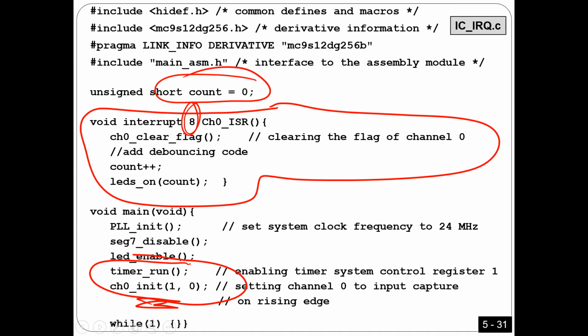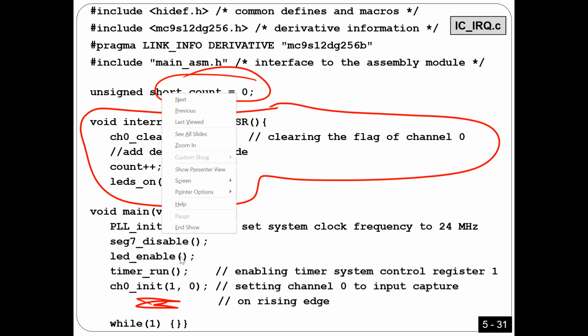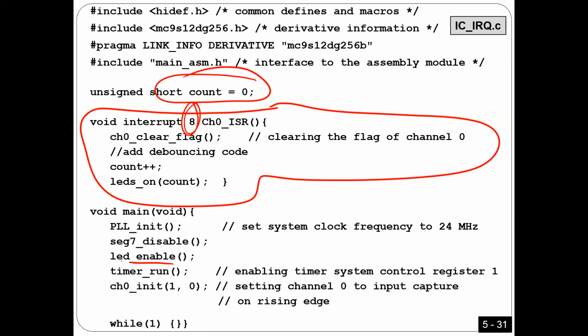That's it. So when I configure channel 0, I'm going to use number 1 here. You remember, I told you this one can control input capture or output compare. So this is number 1 for input capture, I guess. And this one should control, anyway, you can go back, you already see how you can use it, I already explained, okay? So all you need to do here, guys, is write these two functions, that's it. Very easy, right? Any questions?